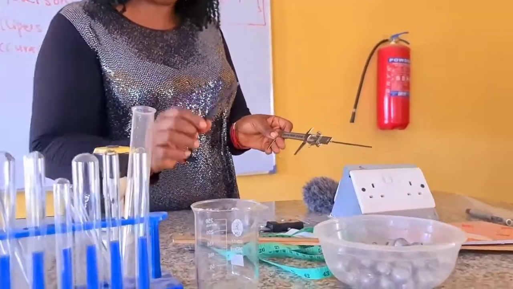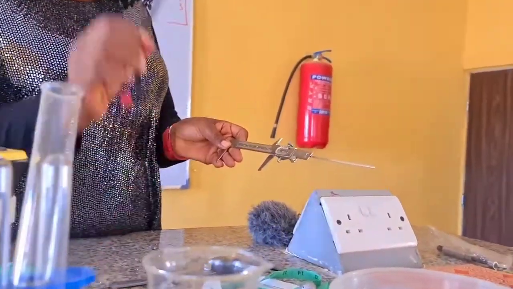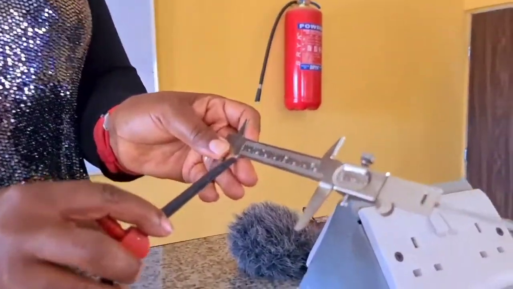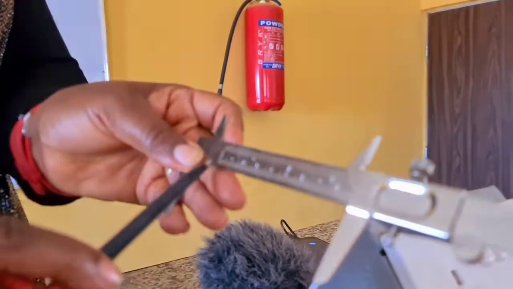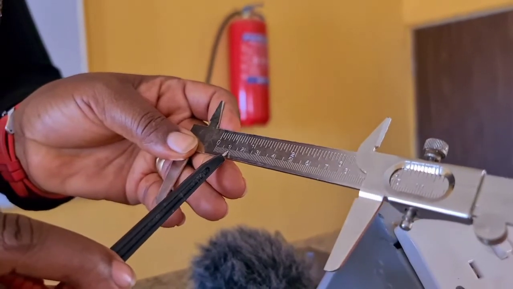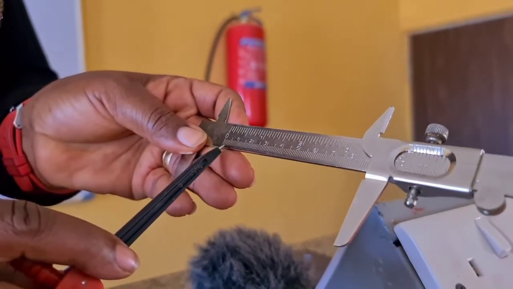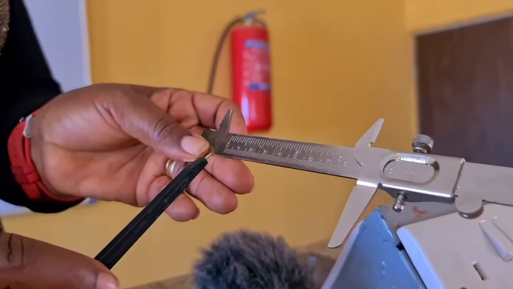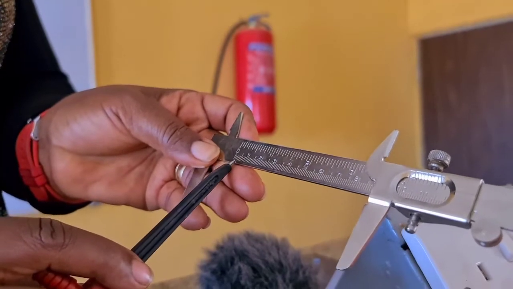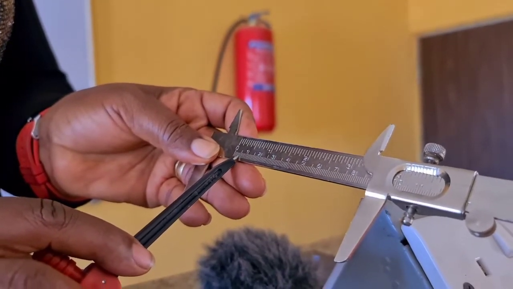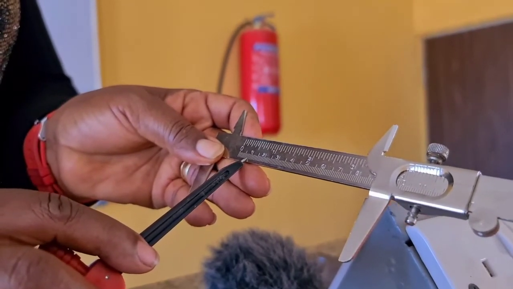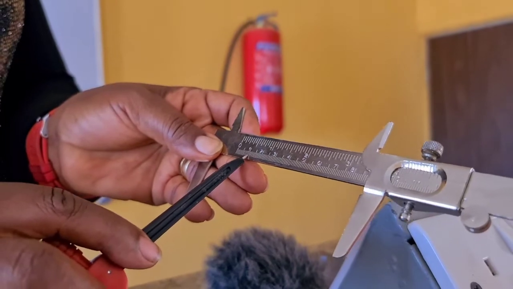Now, I always tell students, you must know what the smallest division will be. Since you have 10 to make 1, what will 1 be? 1 will now be 0.1 centimeter. So in reading this, you now have 0.1, 0.2, 0.3, 0.4, 0.5. This long line is 0.5, 0.6, 0.7, 0.8, 0.9. Then you have 1. And then the next one is